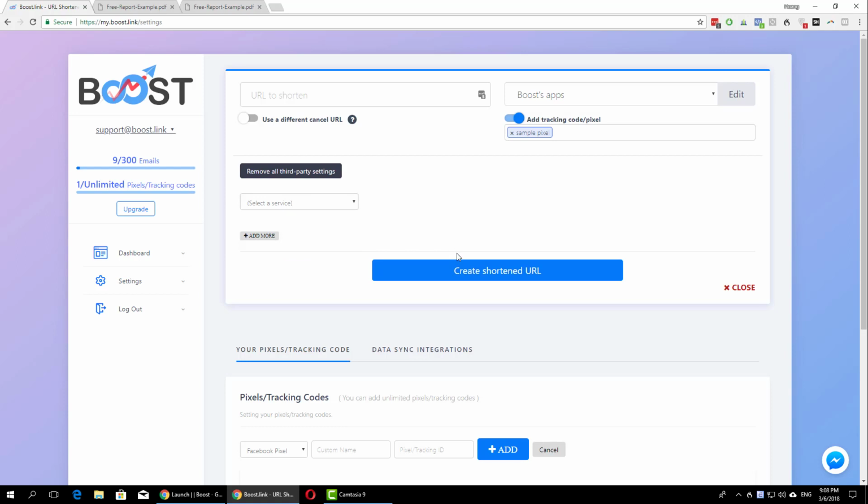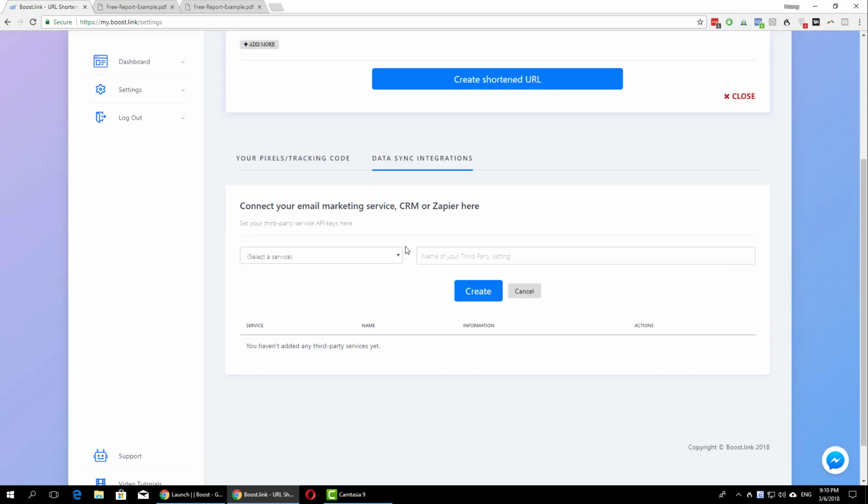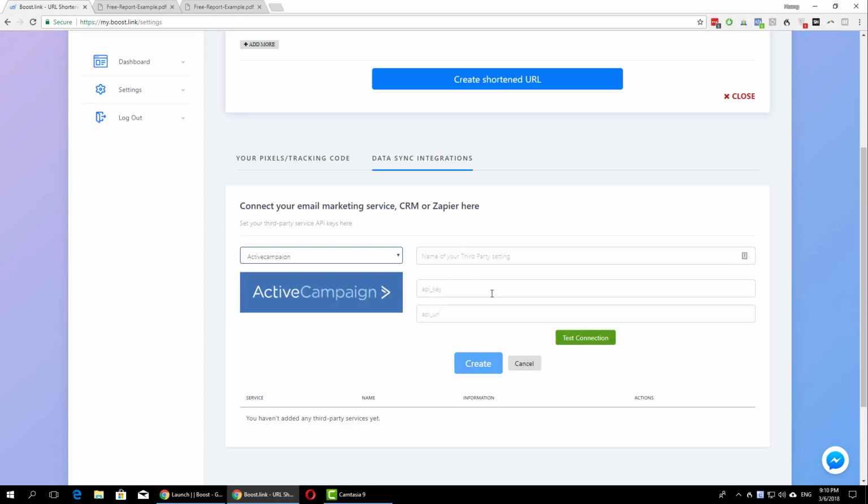So you will be able to automatically synchronize your data collected using Boost to your email marketing service or any applications online that you want via Zapier or direct integration with us. So very easily you can add your third-party service here. Just select the service that you want to add, put in the API information, and click on create